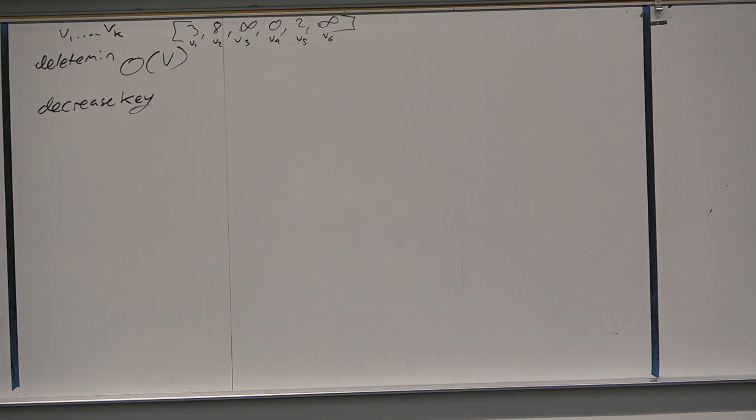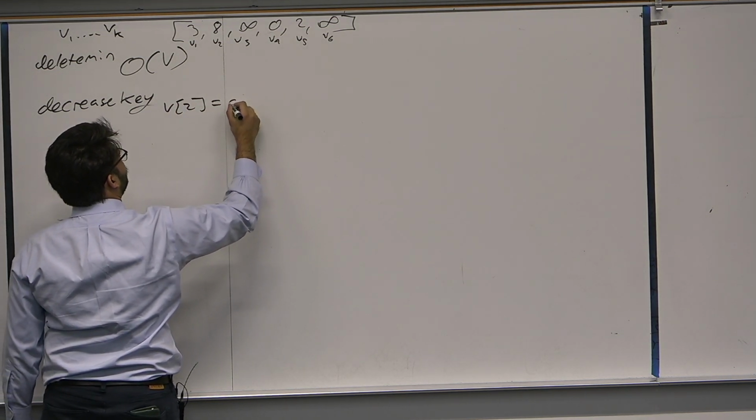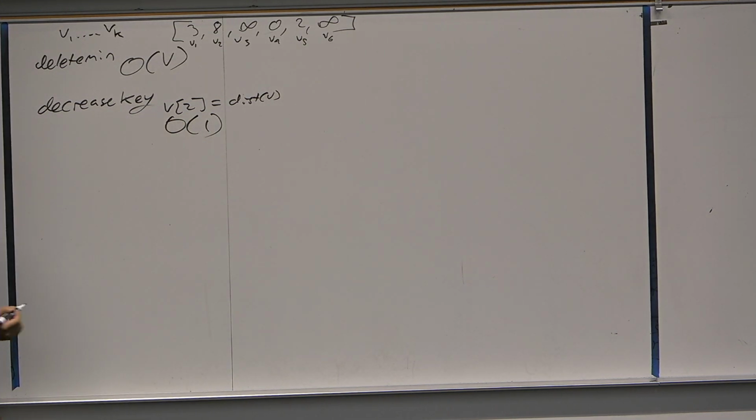What would we do though? We would say v2 takes on this value, right? Constant time. Okay. Just go update the element in the array. Not too hard. What about